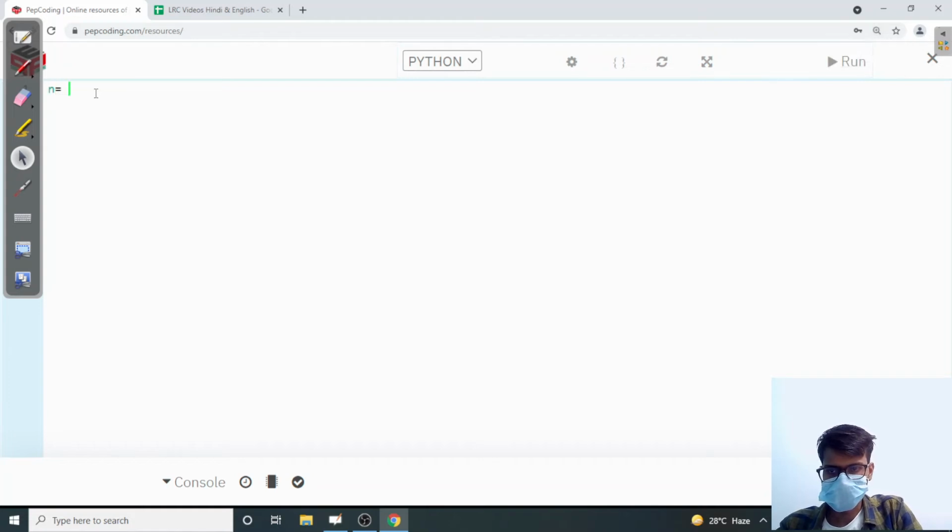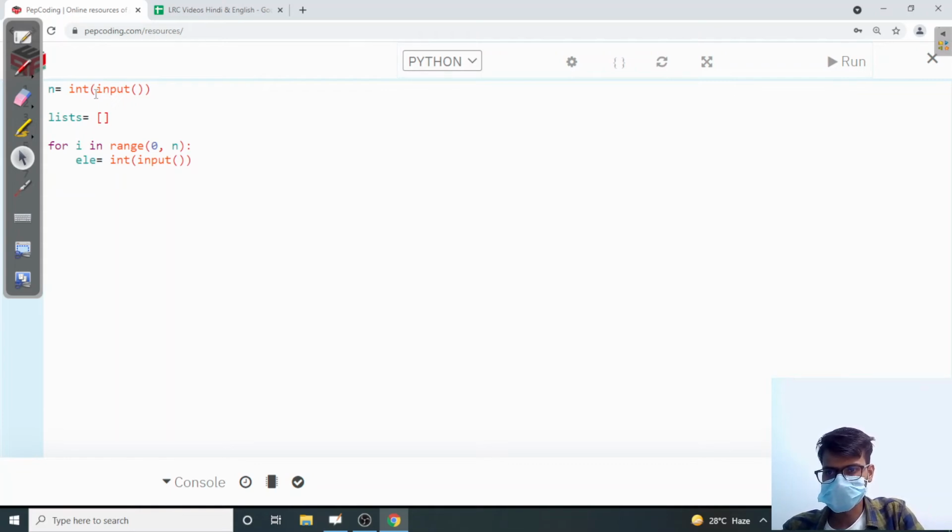First thing, let's take an input. Okay, done. Now initialize a list. Now we'll take input from the user for i in range 0 to n. We are going to take n inputs. Let's say the first element is going to be entered by the user. Let's take our first input. It is done.